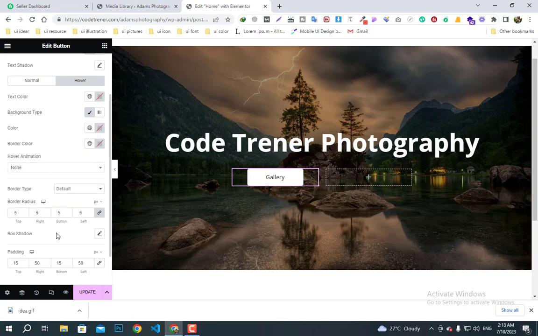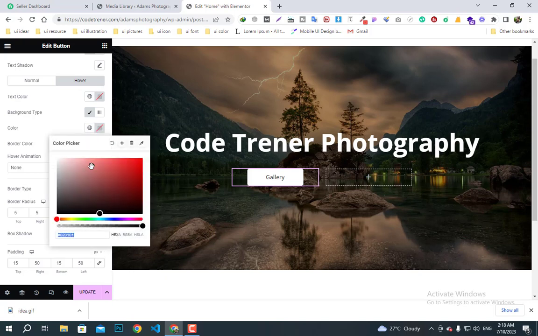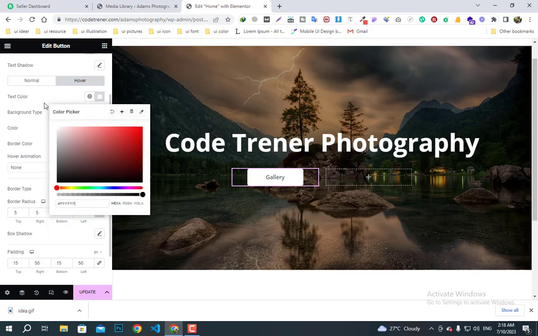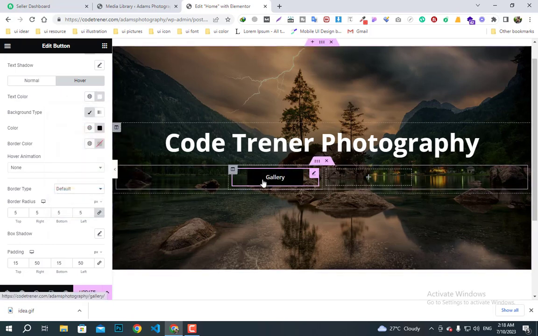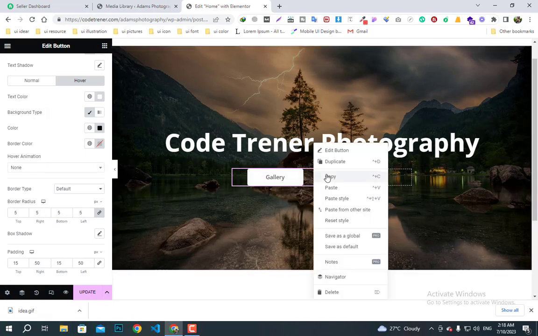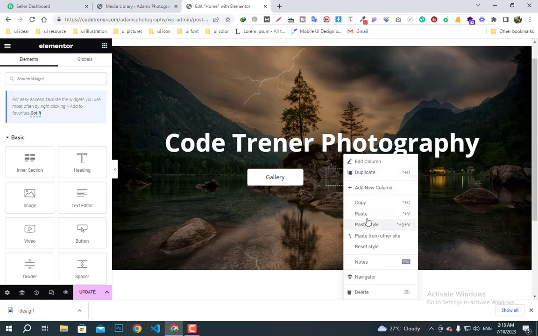I'll click on hover, and in hover I will keep my background color to dark, and text color to white. Okay, it's looking good. Now I will copy this and paste on here,